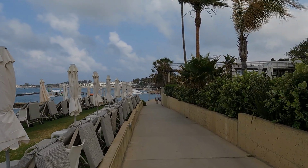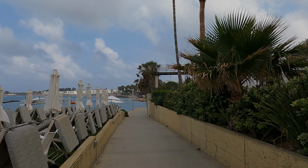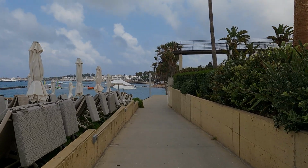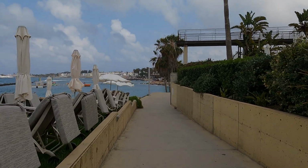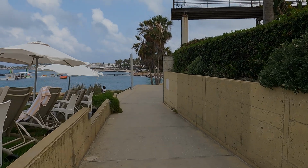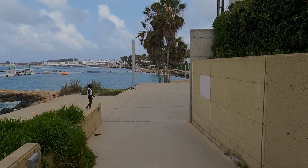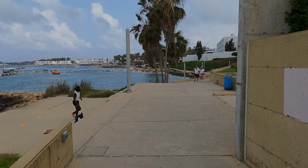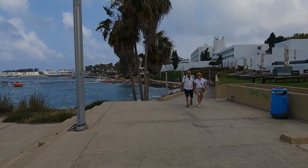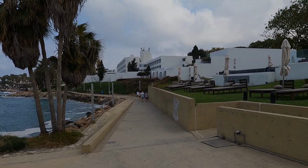There's some more water sports down here as well. And I know you can do paragliding from here because sometimes when I'm flying the drone I have to watch out for them for obvious reasons. Doing his exercises, obviously just warming up for a jog. Right, there's the Almyra Spa,